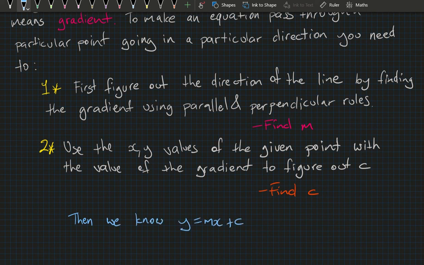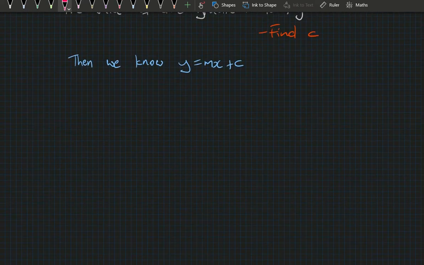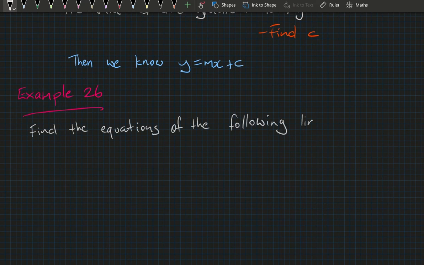If you think this sounds a lot like finding an equation from a graph, then you're right. It is just like that. For those of you who are confident with that, this will be a piece of cake. But let's put this to work with example 26, where we'll have to find the equation of lines like the